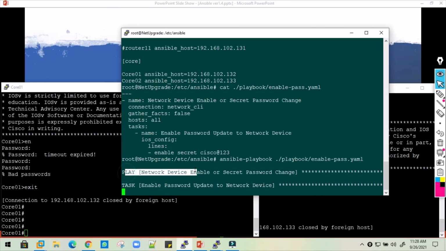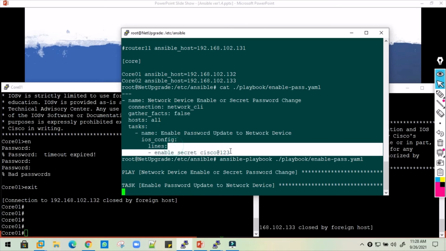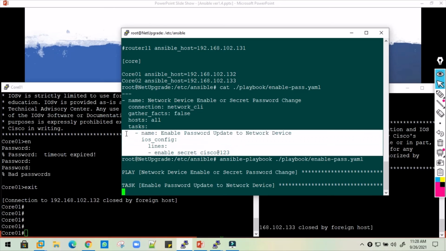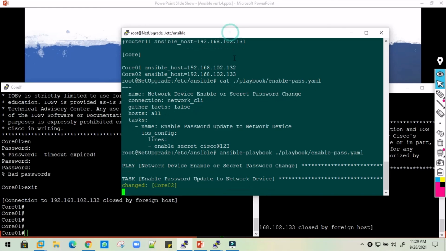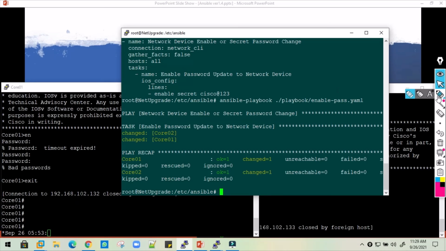So the play has been executed. There is no action as of now, so it immediately jumps into the task and tries to execute the statement which I have written within the task. Now see, something is going to execute.